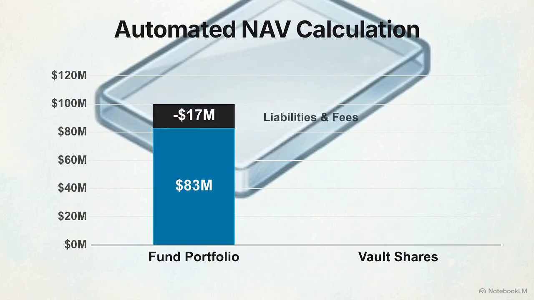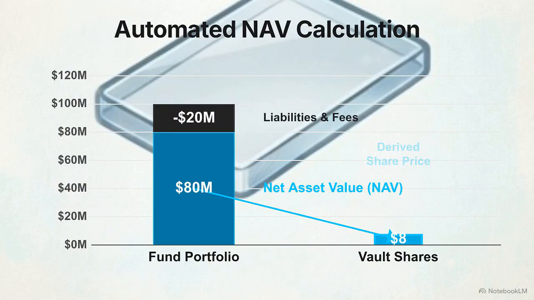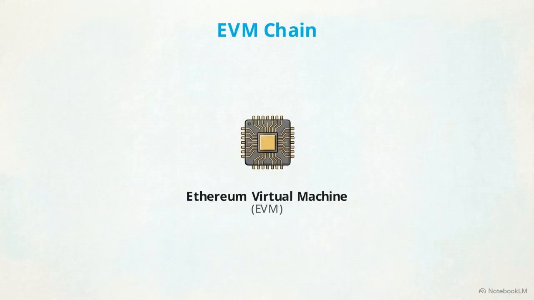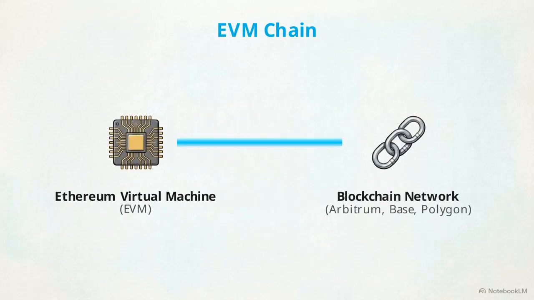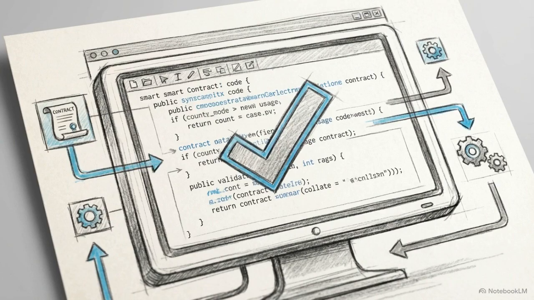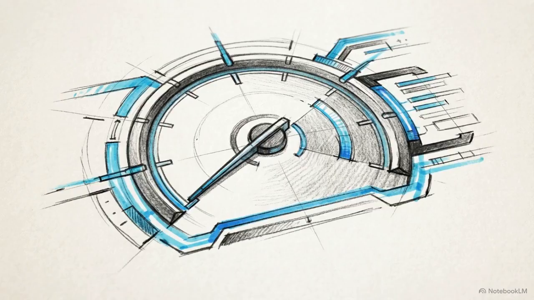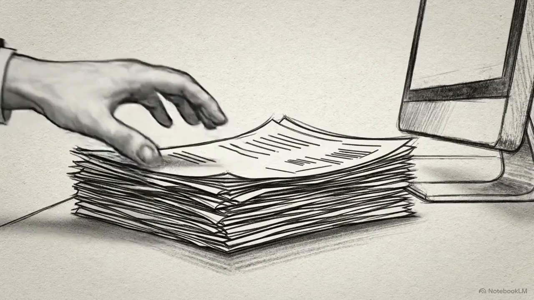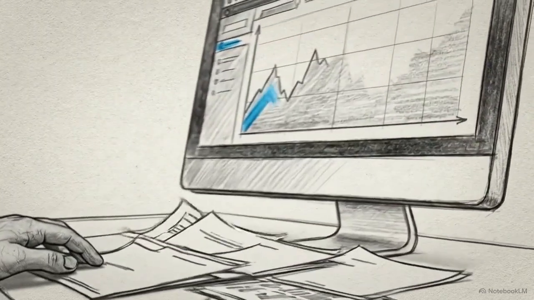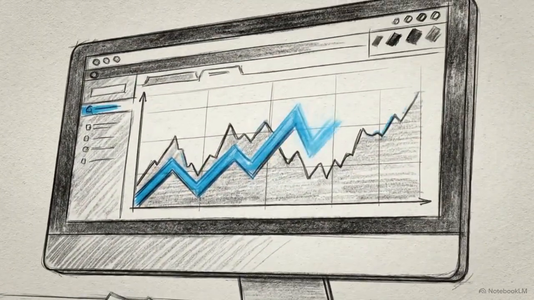NAV is a valuation of a fund's total assets minus its liabilities, used to determine the price of vault shares. This process results in a permissionless vault deployed across more than 18 different EVM chains. An EVM chain is a blockchain network compatible with the Ethereum virtual machine, allowing for the execution of standardized smart contracts with no manual approvals and no minimum total value locked, or TVL. Eliminating this administrative burden allows managers to shift their focus and technical resources entirely back to the execution of their